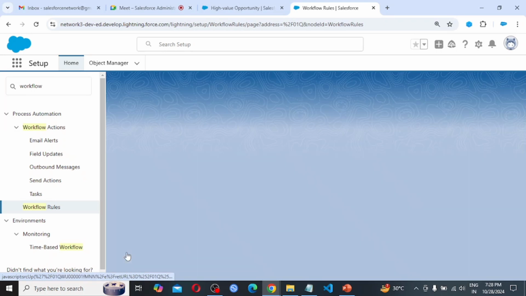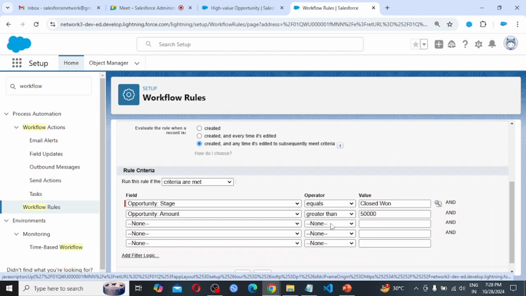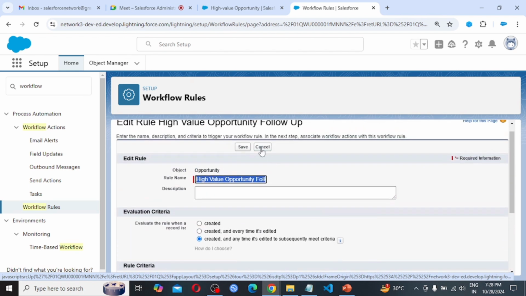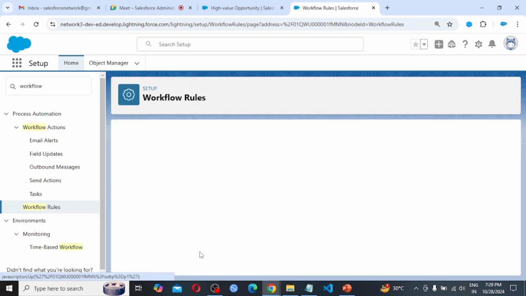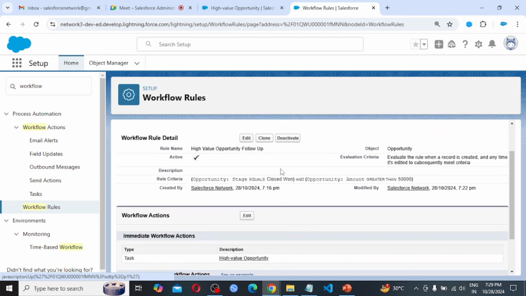I am clicking on edit. So next what I am going to do, simply clicking on cancel, and in the action, click on this particular workflow rule. First I am making it deactivate.